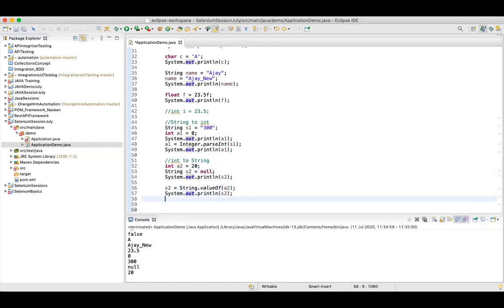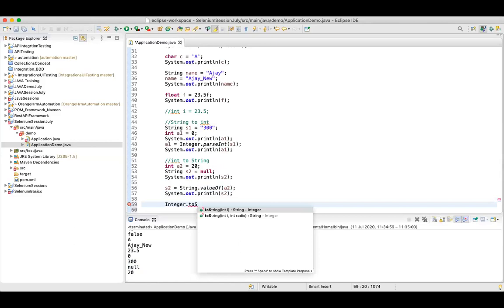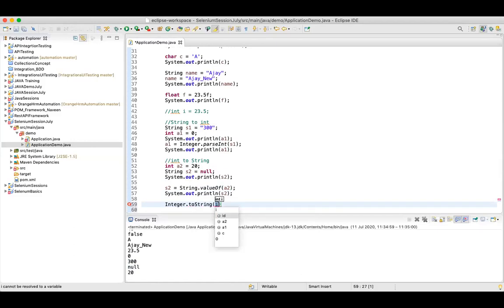This is one way of doing this. There is one more way. You can use simple Integer.toString, and in Integer.toString you can pass your variable, that is a2. This will also print the string representation of that particular variable.